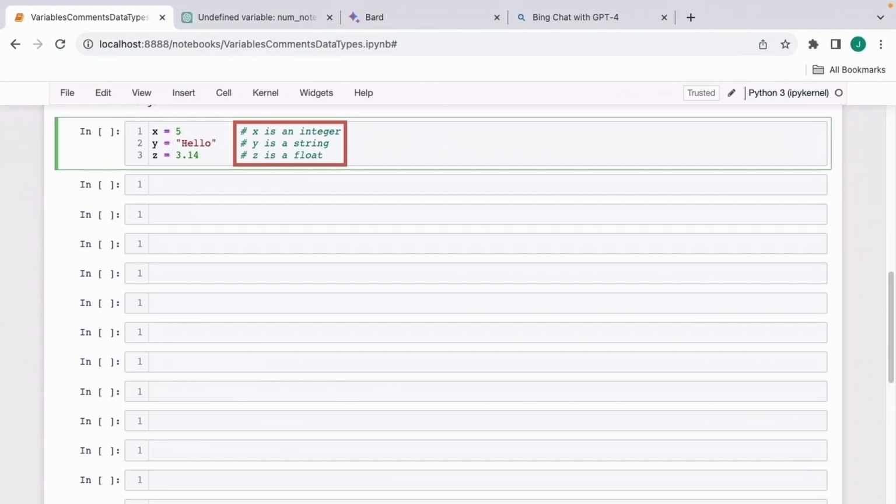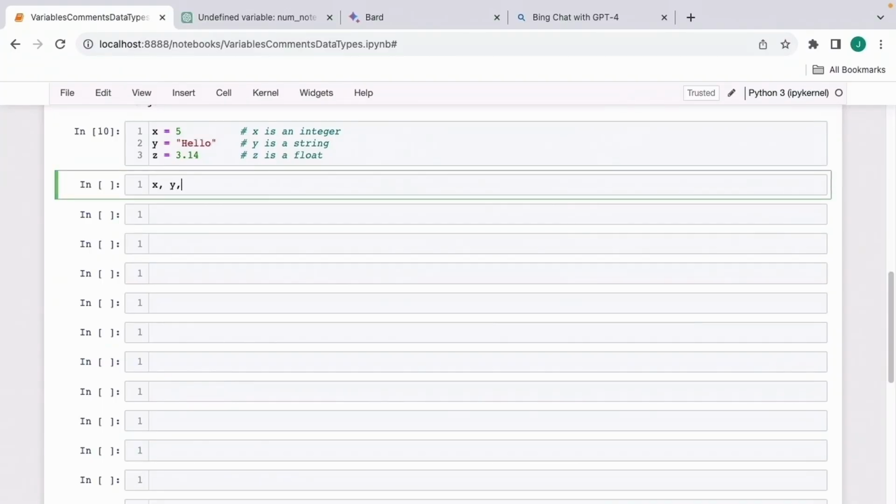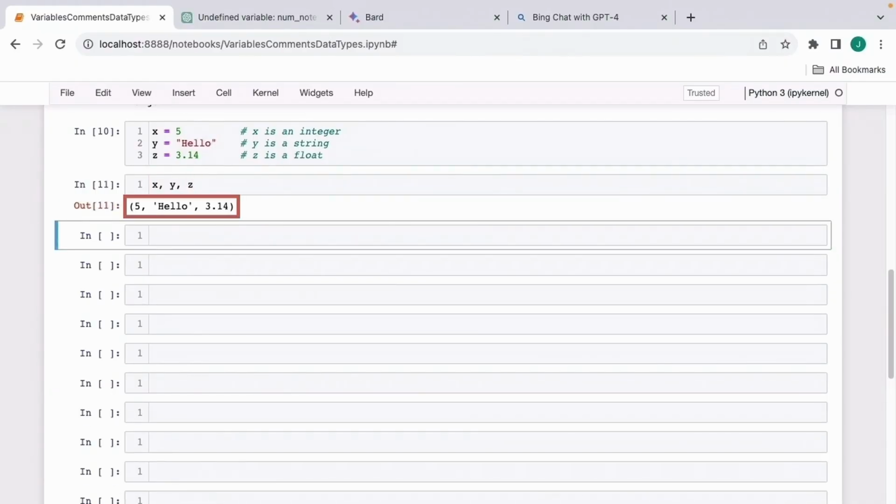Here in this code cell, I have three comments: x is an integer, y is a string, and z is a float. Any code executed in Python will completely ignore anything that you have as a part of a comment. Here you can see the different types of data that you can store in variables. X holds an integer, Y holds a string, and Z holds a floating point value. I can simply type out X, Y, Z separated by commas, and the value of these variables will be displayed